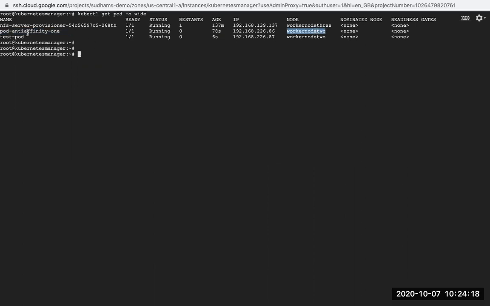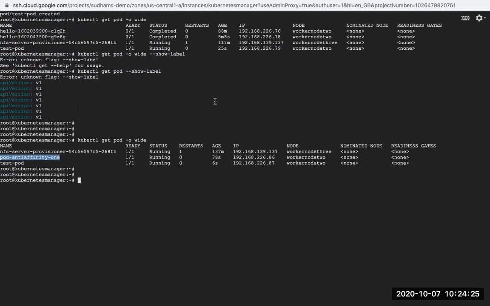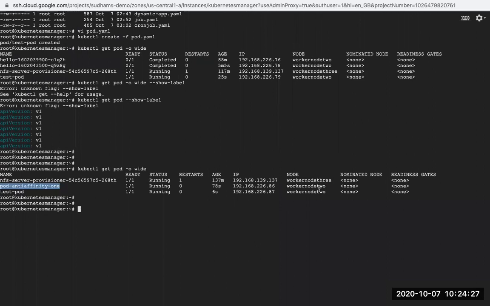That's the reason you see that this pod and this pod are launched on the same node. Actually, first we launched the pod anti-affinity with the wrong label, but it was still scheduled on this node. So this is all about pod affinity and anti-affinity.